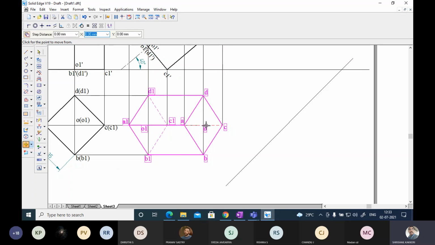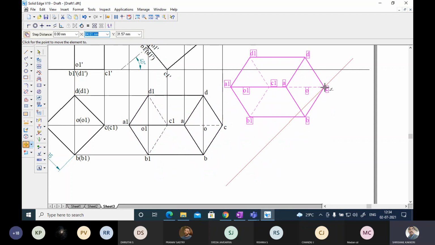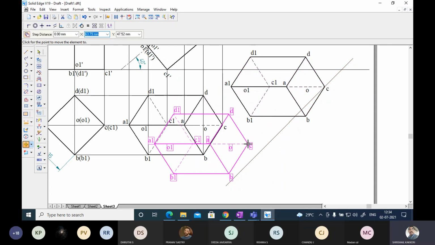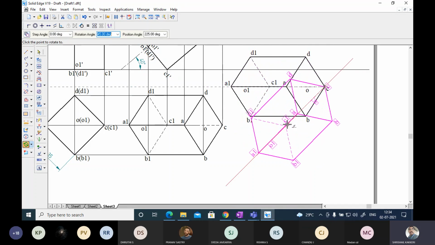Actually, they have given us that the axis is coinciding with this. So what you have to do? You take this point, locate anywhere on this, enter, go to rotation. Take this as the point of rotation. Any point on this has to be on this.